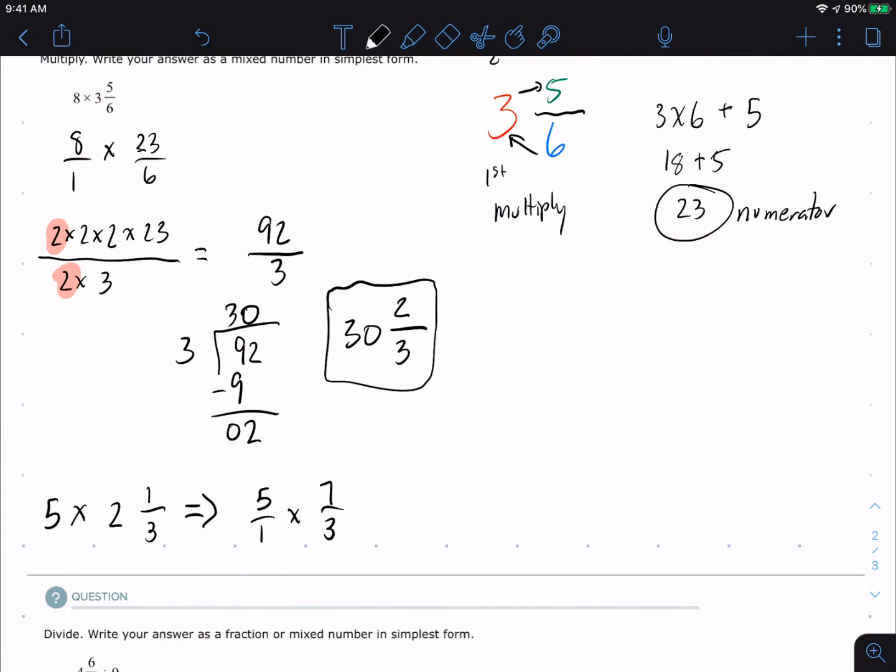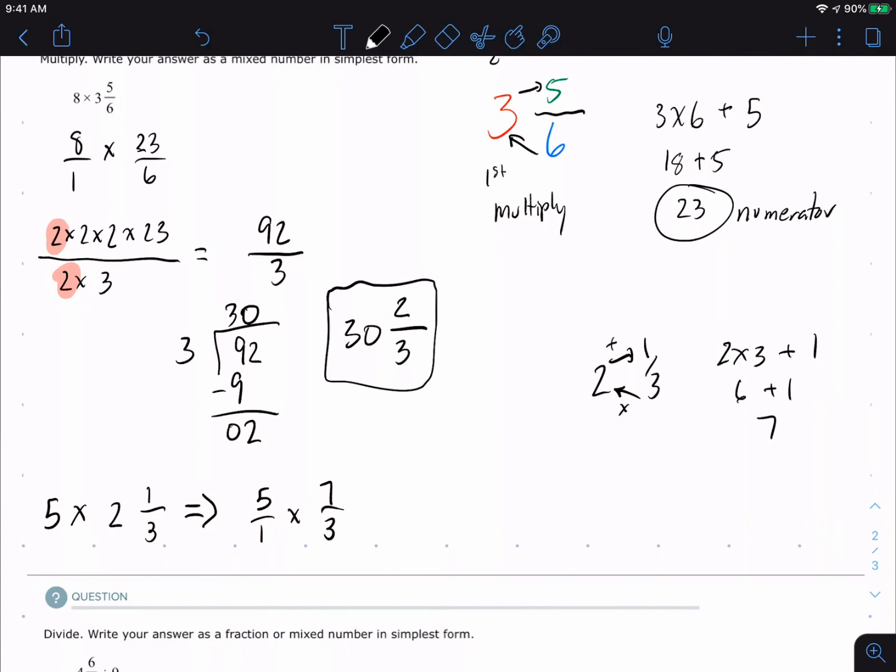All right, well, I'll just show it. 2 and 1/3. So this is multiplied, so that's 2 times 3. And then this way I add, so I've got to add 1. So I'm going to get 6 plus 1, which is 7. That's the numerator. And then what did I divide by? I divided by